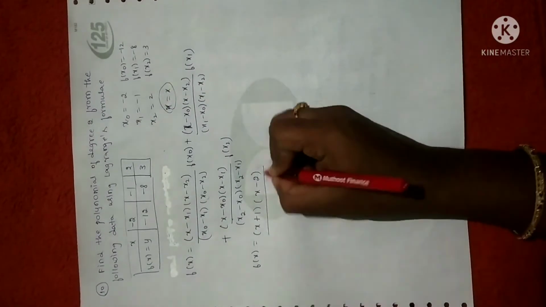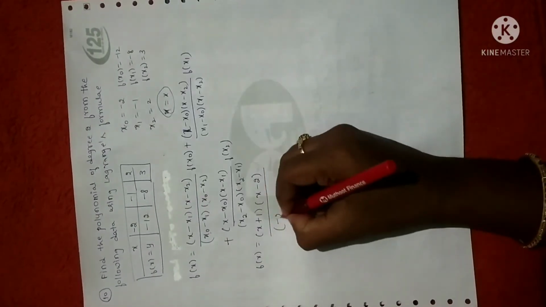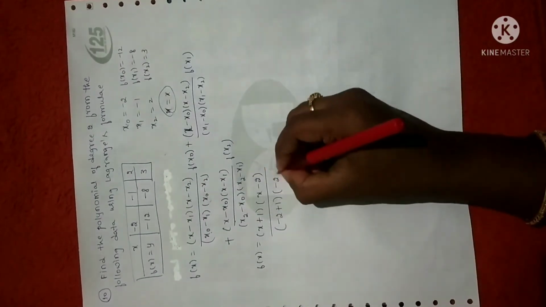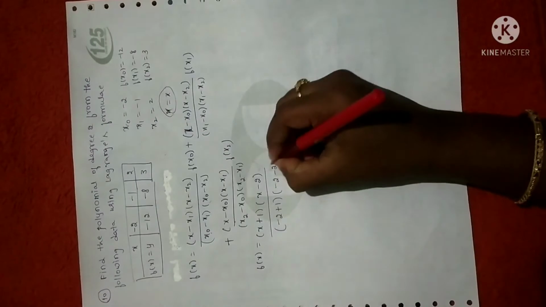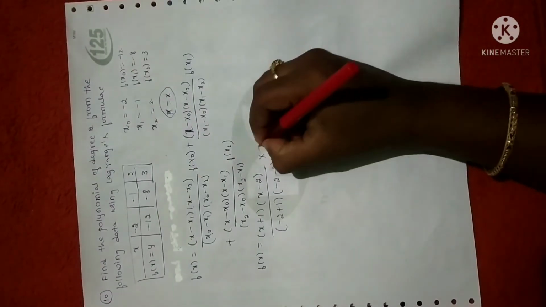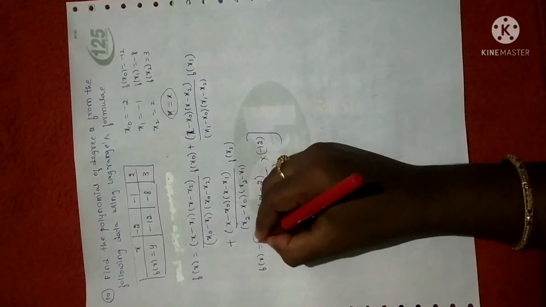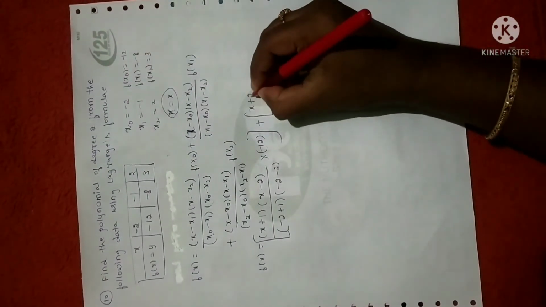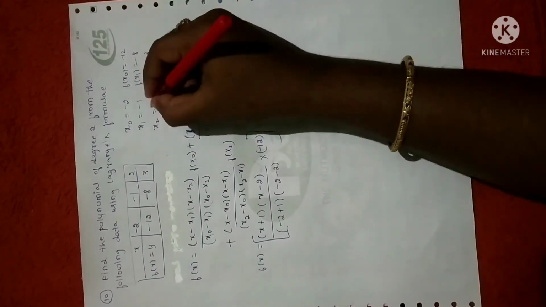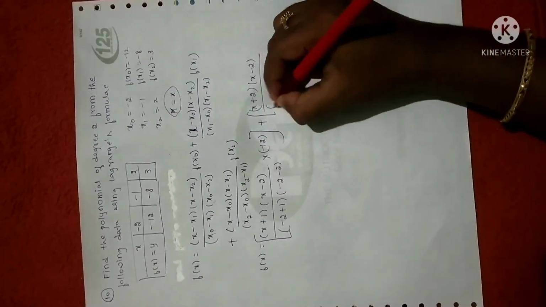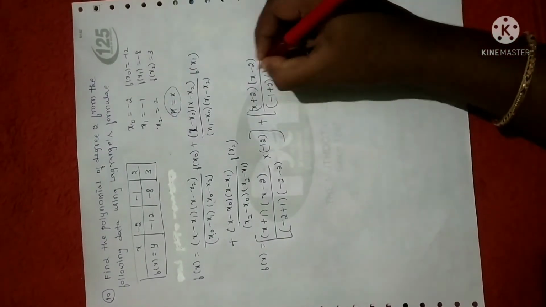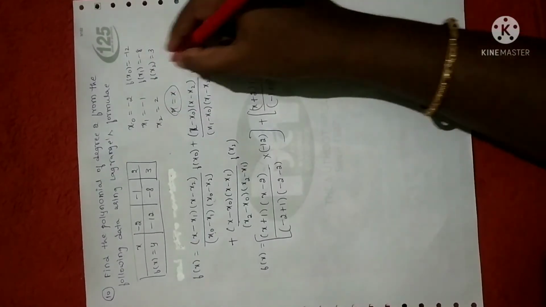So it is minus 2 divided by x0, x0 is minus 2, minus x1 is minus 1, minus of minus is plus 1. Next x0 is minus 2, minus x2 is 2, into f of x0 is minus 12. Clear? This is the first term. Next, plus the second term: x as it is, minus x0 value is minus 2, minus of minus will become plus. Next x as it is, minus x2 is 2, divided by x1, x1 is minus 1, minus x0 is minus 2, minus of minus is plus, x1 is minus 1, minus x2 is 2, into f of x1 value is